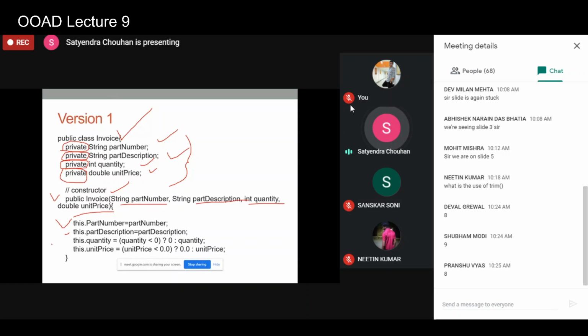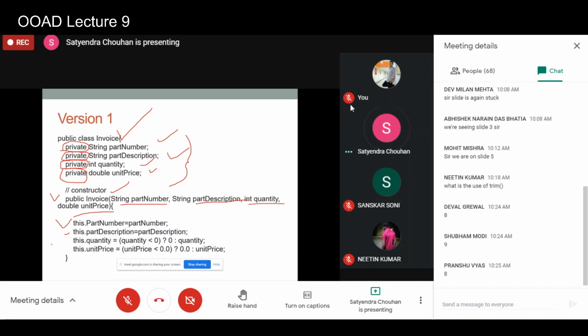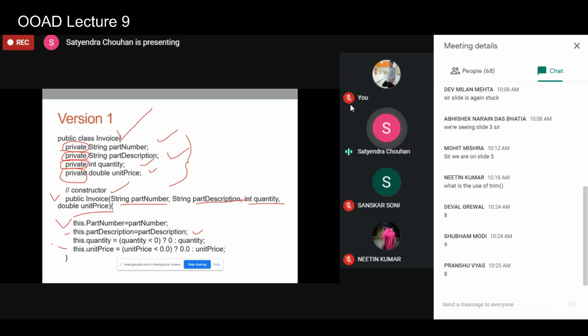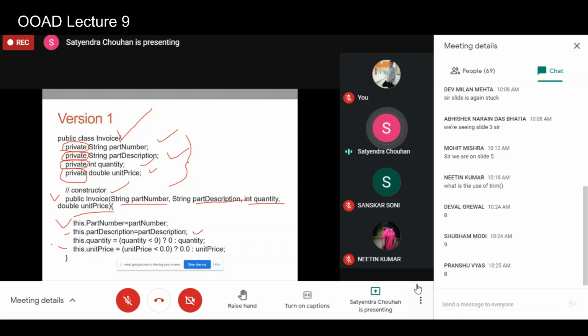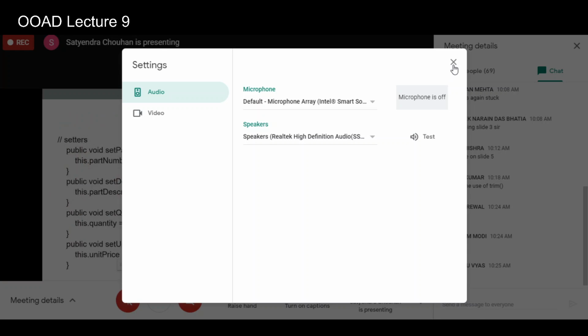Since there was a condition on the quantity, you can use a simple if and else condition: if quantity is less than 0, assign 0 to quantity, or otherwise assign the passed value. And this dot unit price, basically the two conditions you saw: the value should not be negative, quantity cannot be negative and price cannot be negative. So you can provide just basic checks here, and for each